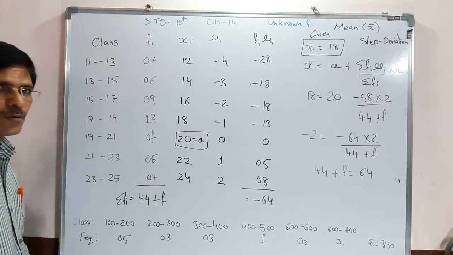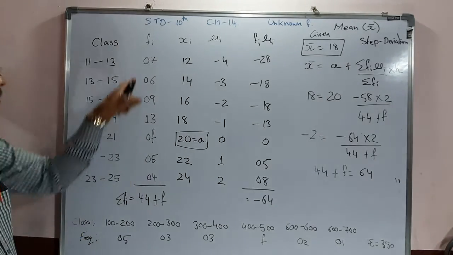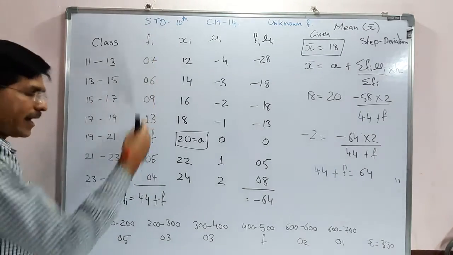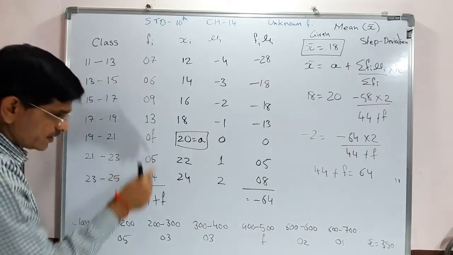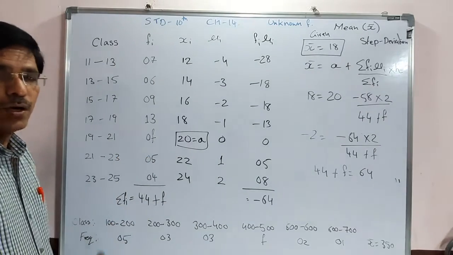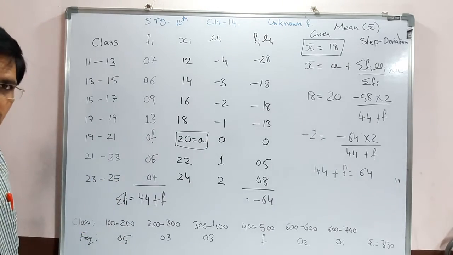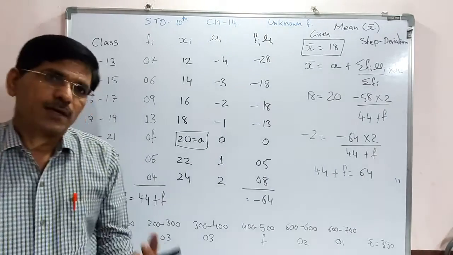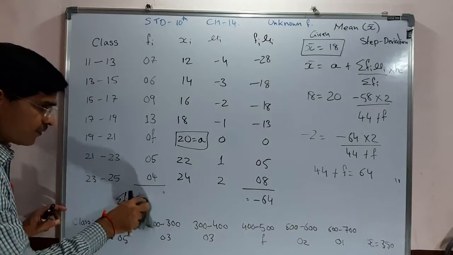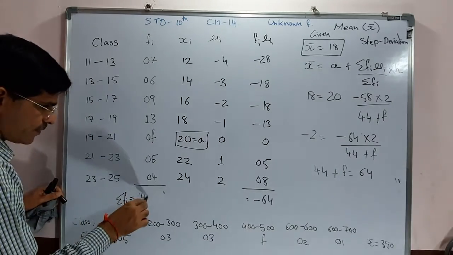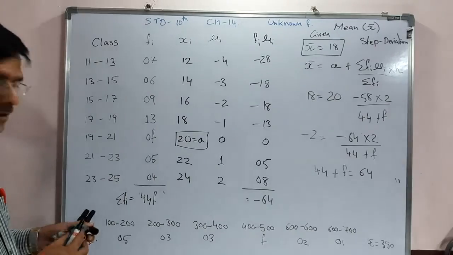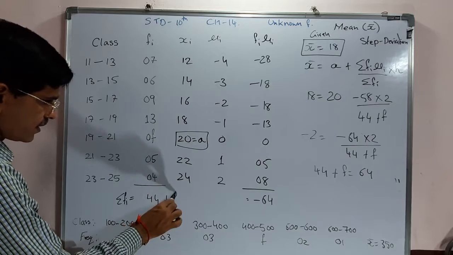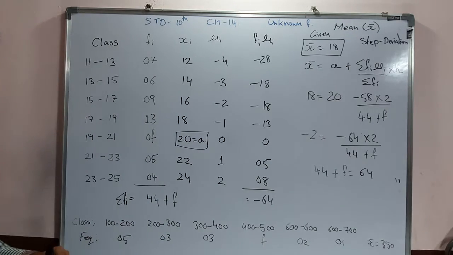05, 04. And what do we have to find out? The total, that is called sigma Fi. Now when we are doing the addition, the frequency should be added plus F. Don't write 44F. Sometimes some students do like that when we are checking the board paper. They write 44F. Can we write 44F? We cannot write it. So what do we have to write? We have to write 44 plus F. 44 plus F we always have to write.